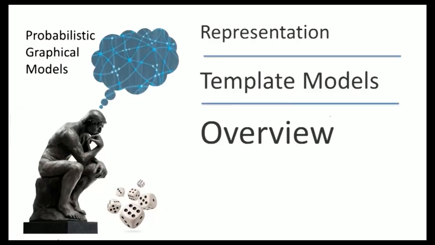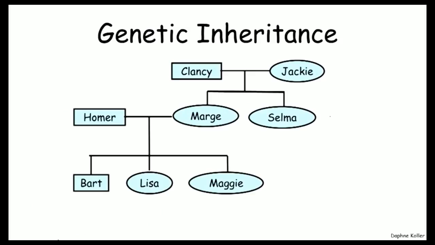So to understand what that means in a somewhat more concrete setting, let's go back to the example of genetic inheritance that we've discussed previously. It's arguably the earliest example of Bayesian network reasoning, even before Bayesian networks were invented. And here we have as input a pedigree, which is a family tree, and we're interested in reasoning about a particular trait. And for each pedigree and each trait, we can construct a Bayesian network,